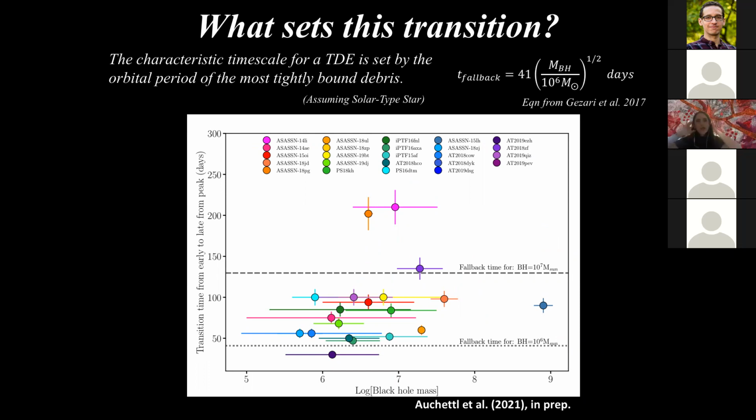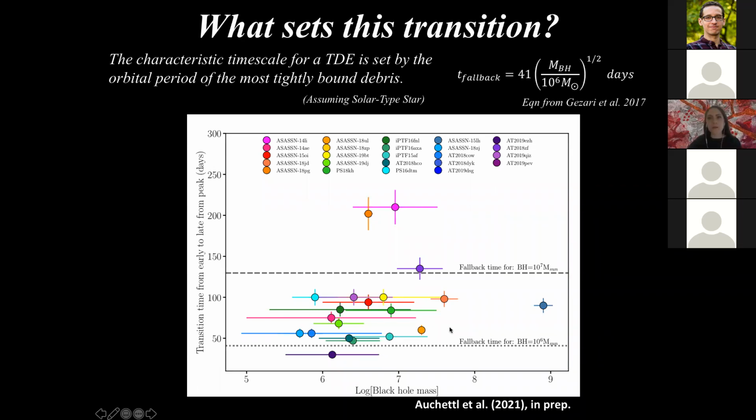But the question is, when I showed the first plot, I just cut the light curve in half, right? But if you see this in more than one type of event, then you start to wonder, what is actually setting this transition? And so what I have plotted here is the time at which we found this transition from early to late time occurs, by fitting these light curves and finding where it's the most optimal. This is shown in days on the y-axis,